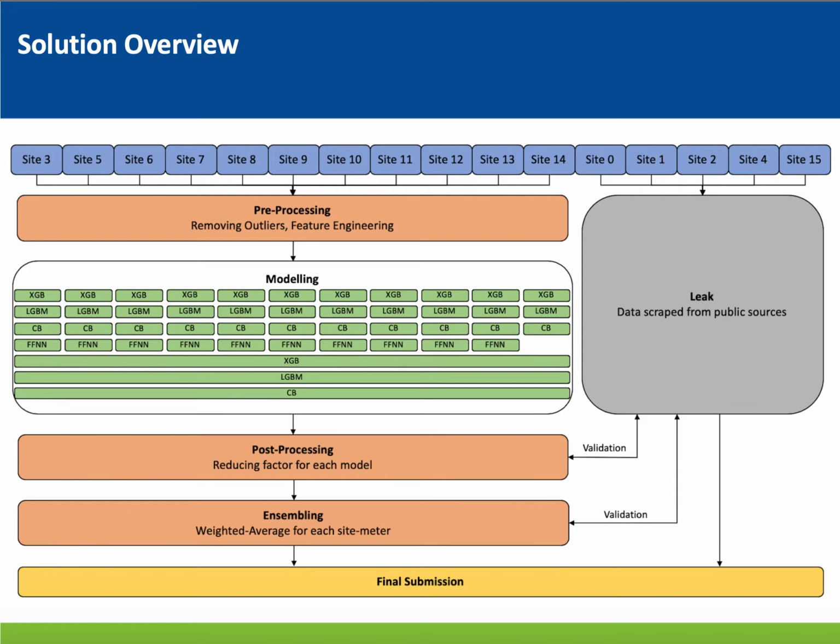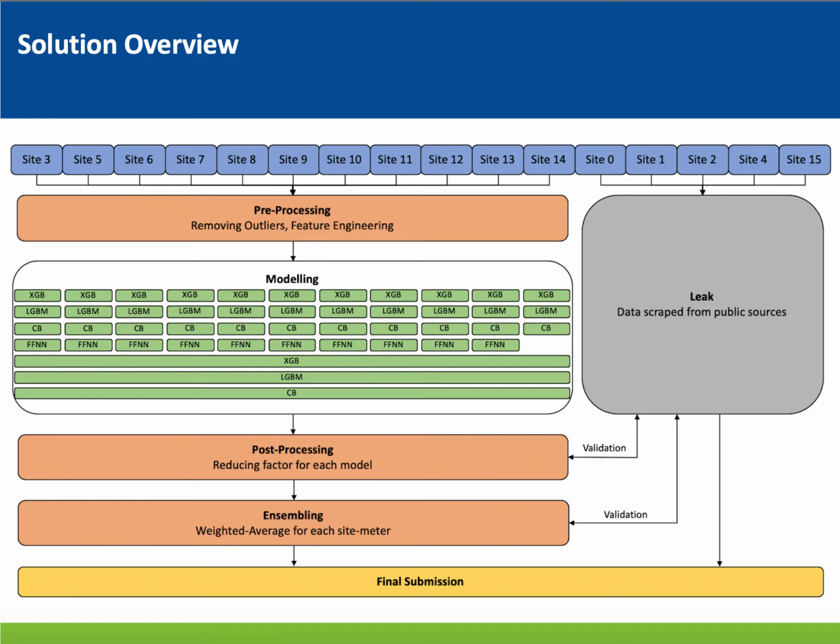So coming to the dataset and our solution, this is an overall view of what our solution looks like. The dataset consisted of the meter readings from 16 different sites from 0 to 15. Most of our initial analysis, exploration, and work was done by breaking down the data into different sites. So we had a dataset for every site and we analyzed, explored, and optimized the performance for each site